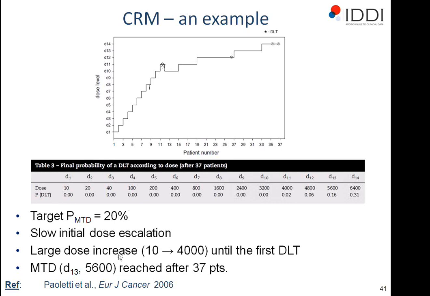So what we can see is that there was a huge dose increase from 10 to 4,000 before the first DLT was reached, and this is a situation in which you certainly wouldn't like to do a 3+3 design. And the MTD, which was dose 13, this dose of 5,600 units, was reached after 37 patients. So the trial was stopped after 37 patients were